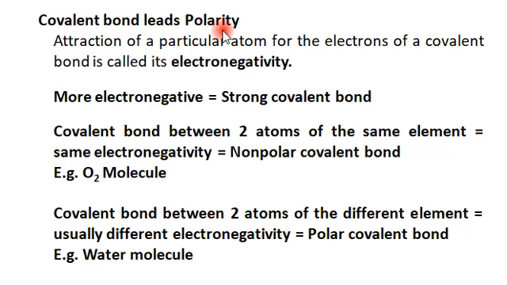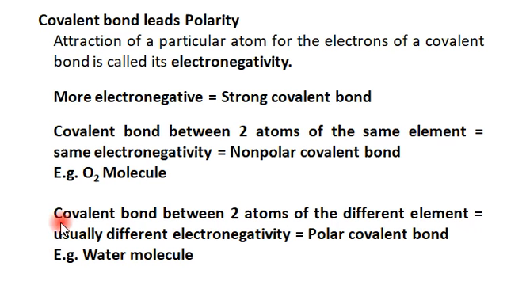called a weak covalent bond. When a covalent bond occurs between two atoms of the same element, for example between oxygen atoms, they share the same electronegativity, meaning they share the same number of electrons, which leads to a non-polar covalent bond. They are strong and very tough to break.